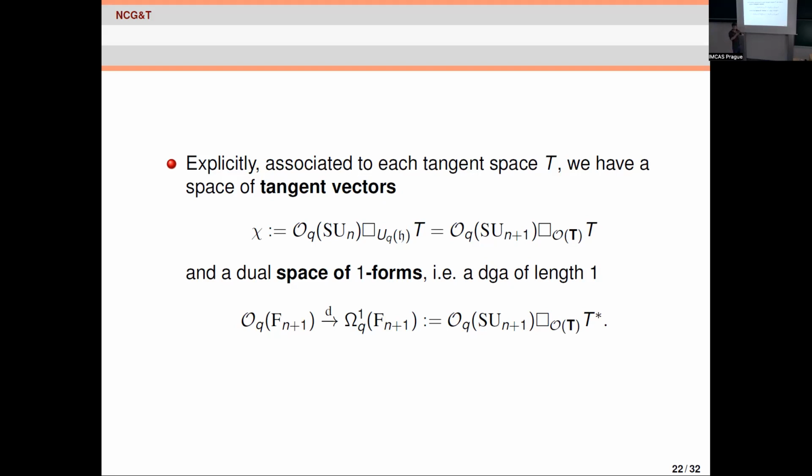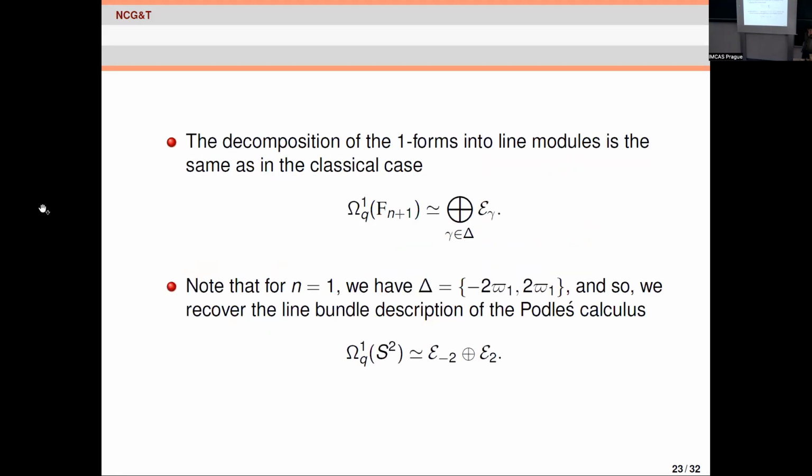We can formally dualize this because it's a module over the Cartan part. And then that will give us the one forms. Okay, it's again a tensor product over the dual module. And what magically crops out of this, the conditions that were given on the previous slide, tell us there now exists an exterior derivative, a linear map satisfying the Leibniz rule that goes from your functions up to here. And that's how you construct calculi very quickly from tangent spaces. But moreover,